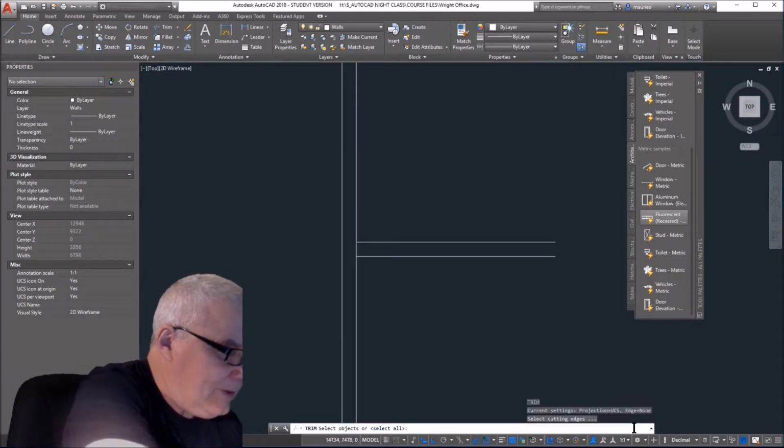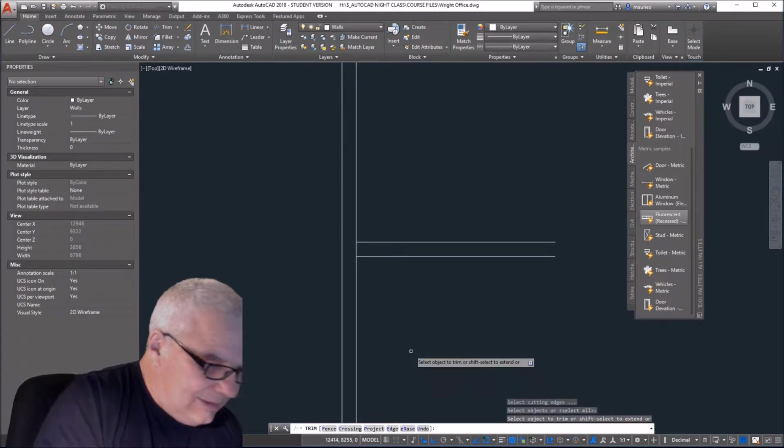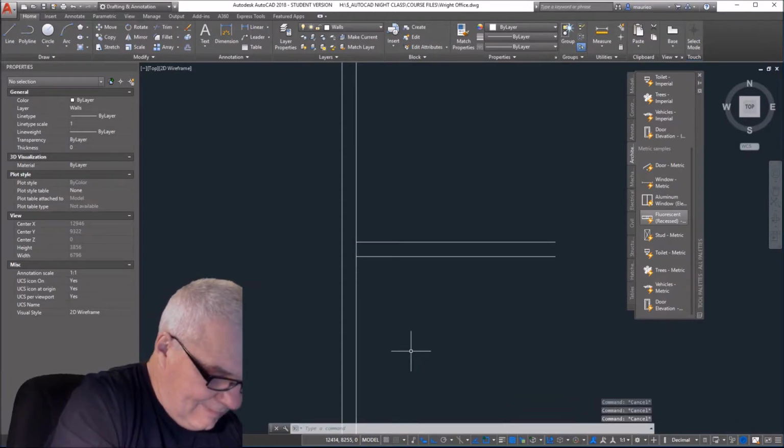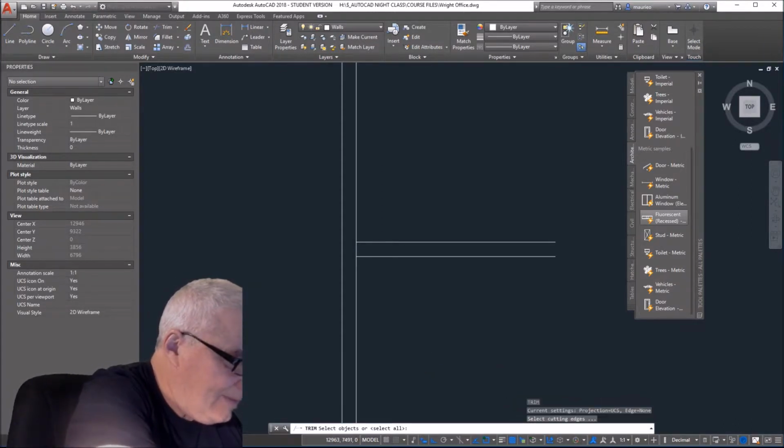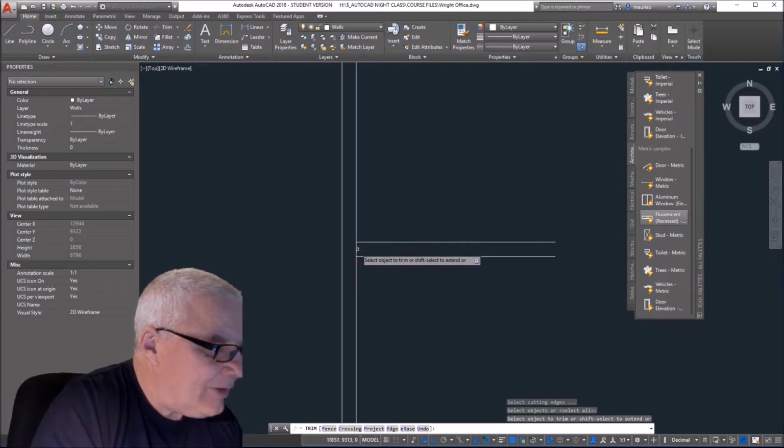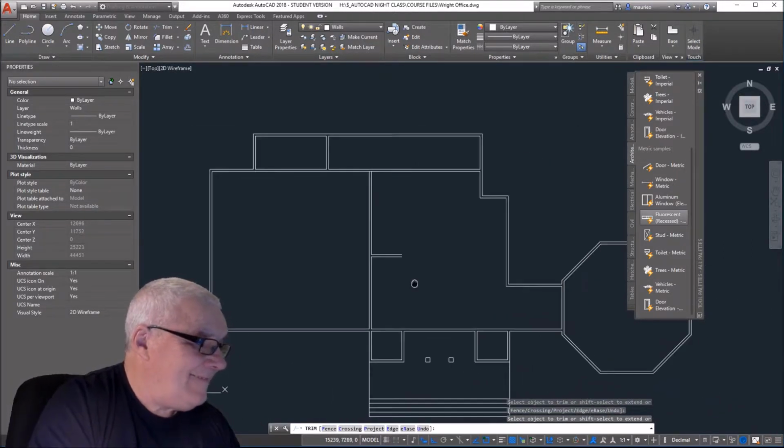Trim, enter. Oh. Coming out of there like that. And